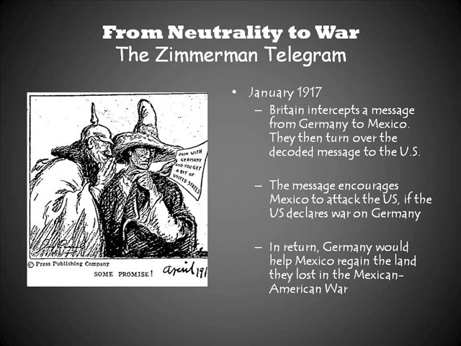involvement. Germany will send a telegram to Mexico in which they will basically ask the Mexicans to attack the United States. And in return, Germany says that they will give the Mexicans land that they had lost in the Mexican-American War. And that was the southwest portion of the United States, which includes present-day Texas, Arizona, and New Mexico. That's right, going back to the Treaty of Guadalupe Hidalgo. So this is known as the Zimmerman Telegram, and it will be sent in January of